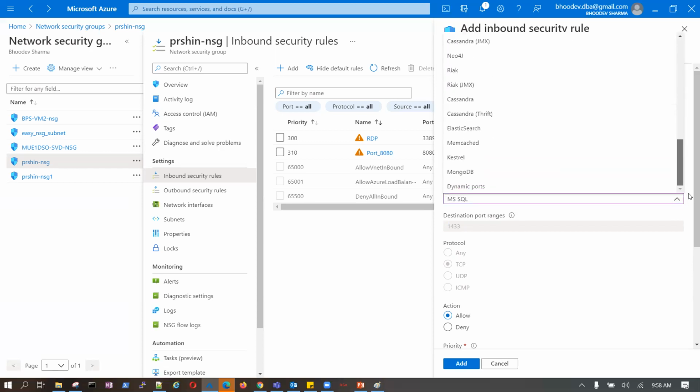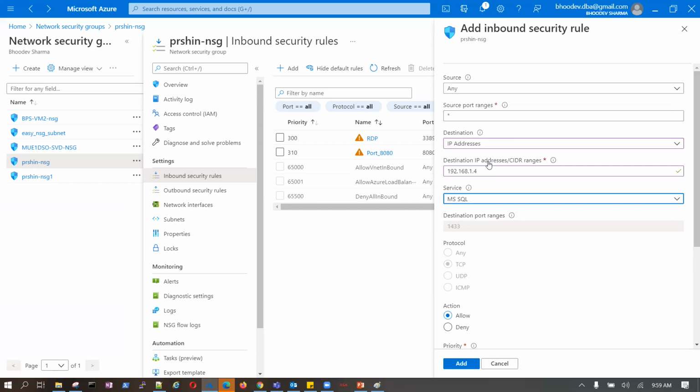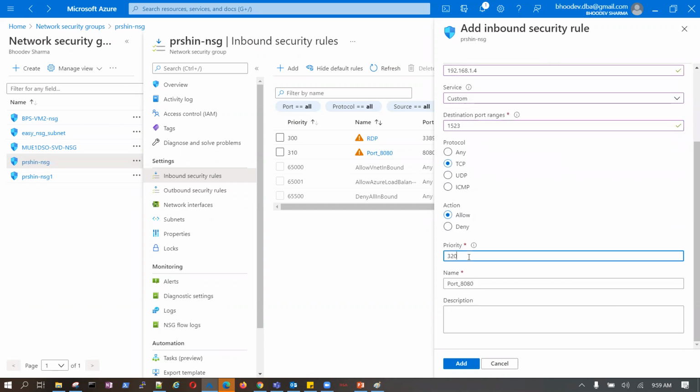Then what will you do? You take custom. And let's say my 1523 is my Oracle port. Got my point? So what port are you allowing here? This 1523 is a custom Oracle port. Then you need to provide a priority, and I say my rule is Oracle allow. Is that clear?